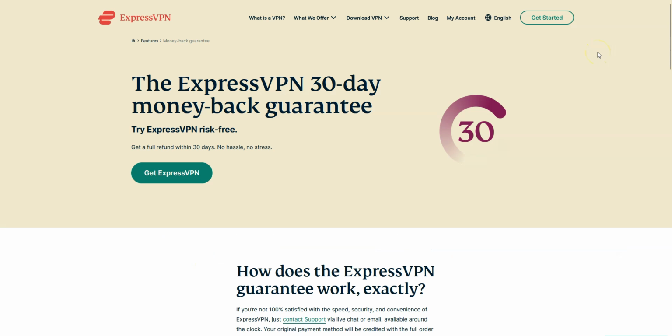Please note that ExpressVPN offers a 30-day money-back guarantee, which means that you can sign up, try the service for several weeks without any limit, and then request a refund if you wish. To get a refund, all you need to do is to contact the customer service and ask them to refund you. That's it. The only condition, make this request within 30 days after sign up. Otherwise, it will be too late.